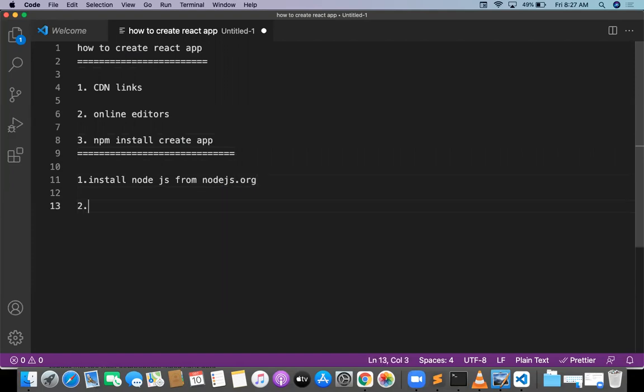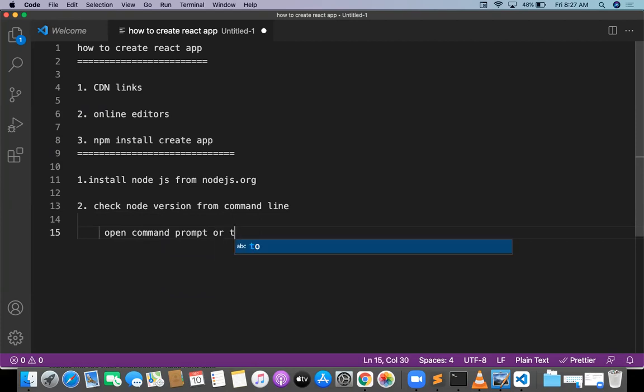After that, check the node version from the command line. Open command prompt or terminal: for Mac users, terminal; for Windows users, command prompt.